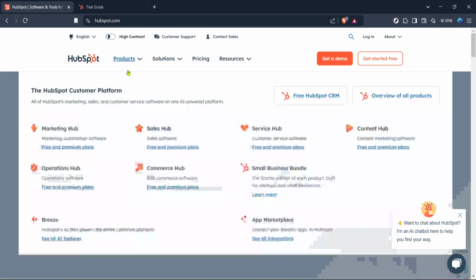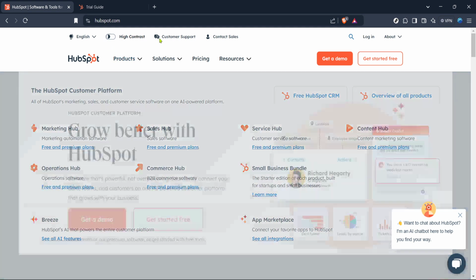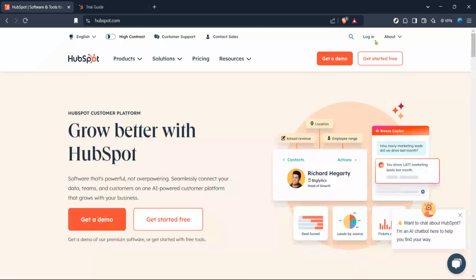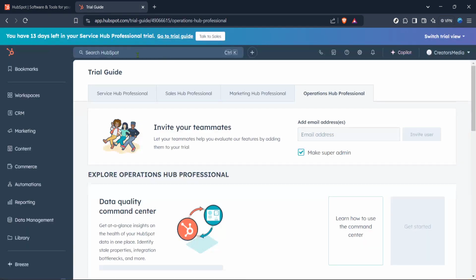If you don't yet have a HubSpot account, you'll need to create one before continuing on with these steps. For those of you who already have an account, just enter your login credentials to access your HubSpot dashboard. Once you're successfully logged in, you'll find yourself at the HubSpot home. It's from here that you'll be able to navigate to various tools and options that HubSpot offers.